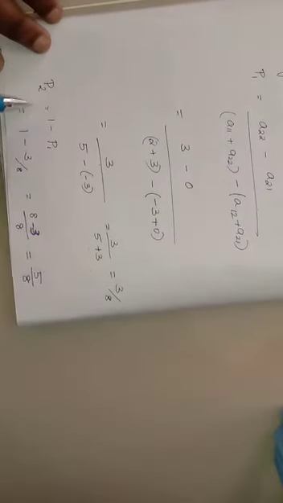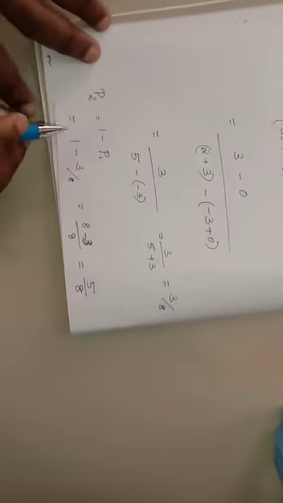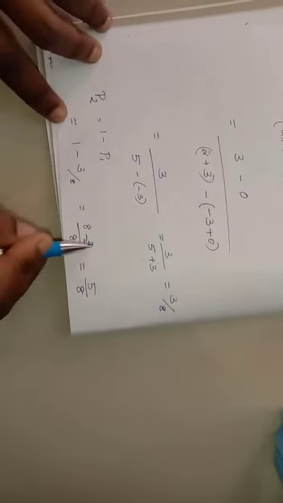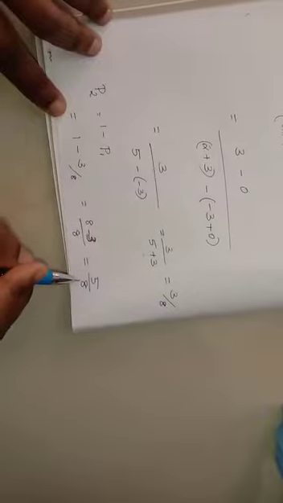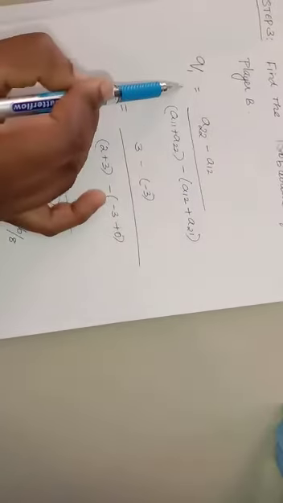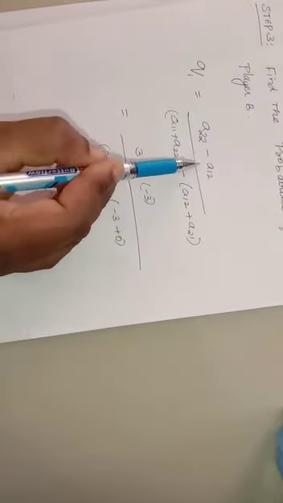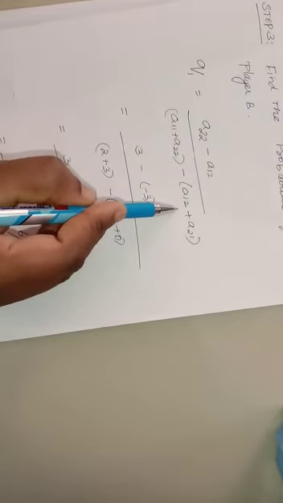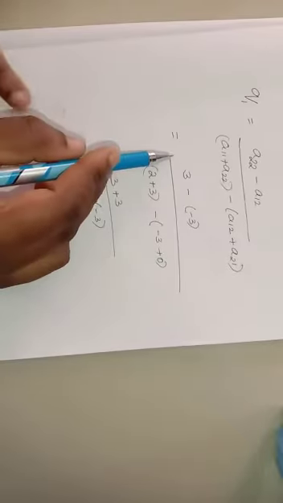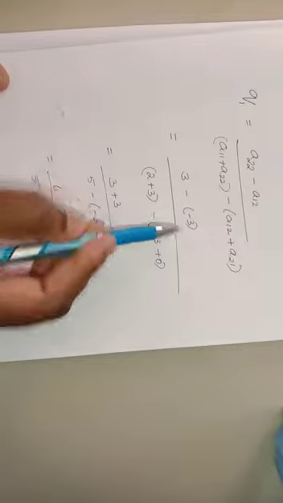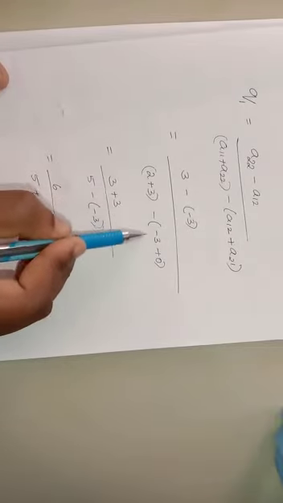So P2 is equal to 1 minus P1. So 1 minus 3 by 8. Multiply by 8: 8 minus 3 by 8 will give you 5 by 8. This is probability 2. Now we are going to find the probabilities for the player B. Q1 is equal to (A22 minus A12) divided by (A11 plus A22 minus A12 plus A21), equal to 3 minus of minus 3, since A12 is minus 3, divided by 2 plus 3 minus of minus 3.